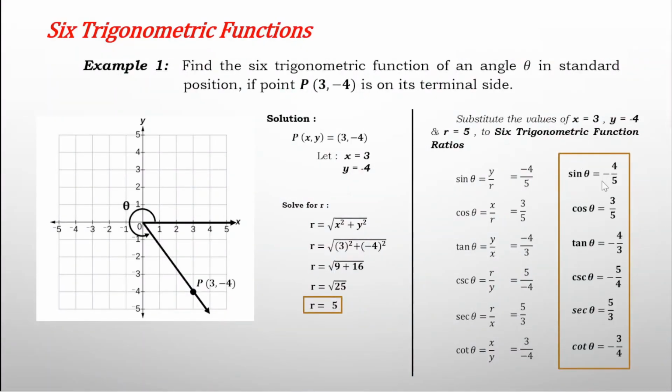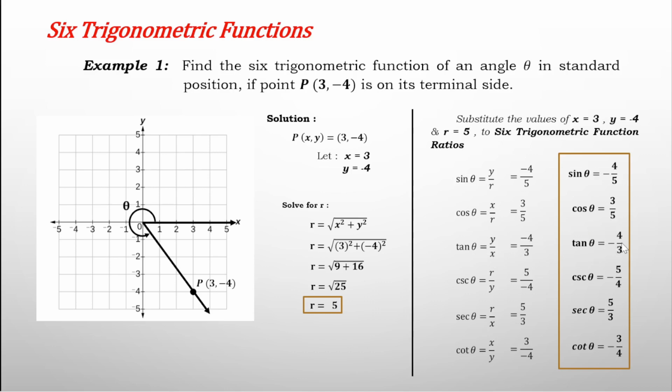So as we are going to simplify further, negative 4 divided by 5 is equal to negative 4/5. So sine theta is equal to negative 4/5, and cosine theta is equal to 3/5. And for the tangent theta, as we are going to divide negative 4 divided by 3, tangent theta is